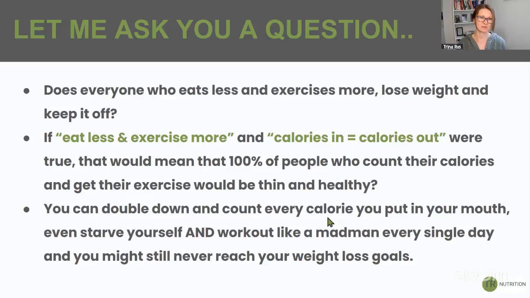If you eat less and exercise more and calories in equals calories out, if those two things were true, that would mean that 100% of people who count their calories, who keep their calories under 1800 or 1500 and they get their exercise would be thin and healthy. And all we have to do is look around. That's not true. That's not the reality. So many people diet. So many people are trying all the things to get thin and healthy and